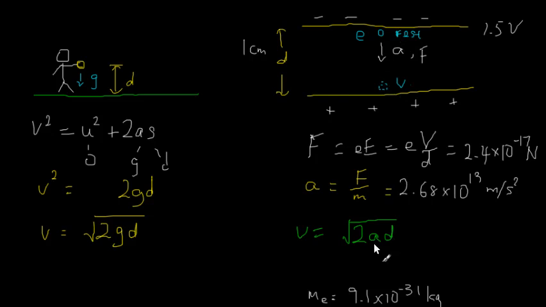So we know a, we just found a up here, substitute this into here. We know d is 1 centimeter. We have to convert it to 0.01 of a meter. So we have those two numbers, and using our calculator again,